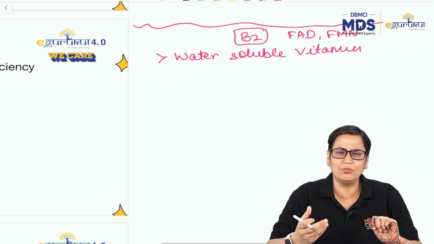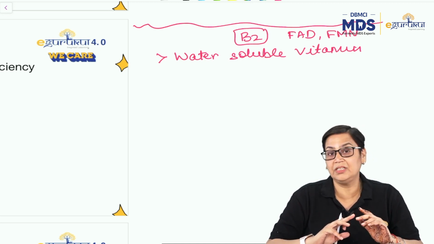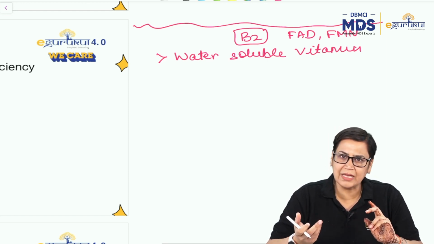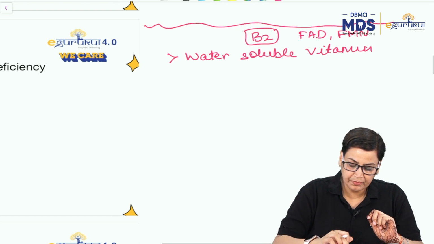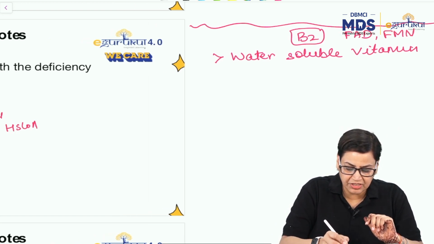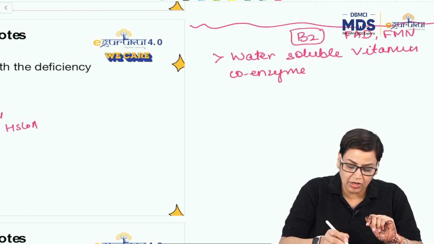And you must be familiar with so many reactions, be it carb metabolism, be it amino acid metabolism, where FMN or FAD are used as coenzymes. Right? Then functions: it is functioning as, if I write the function, coenzyme. And if we talk about the deficiency manifestations,